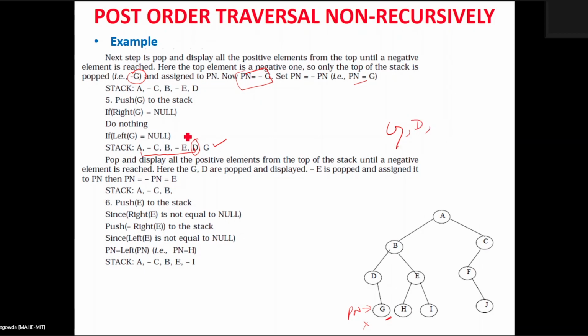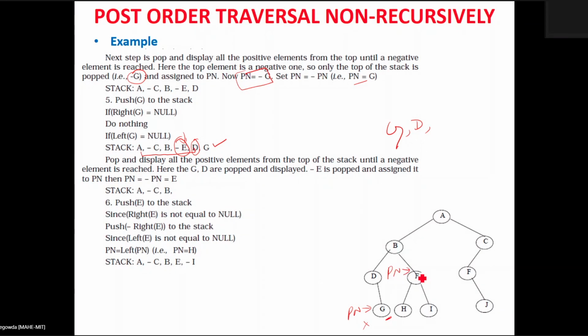When I pop the third time, I am going to get the negative value. When I get the negative value, it is understood that we need to traverse. So what you are doing is you have to assign this negative value to Pn, and remove the negation. After removing the negation, now my Pn is pointing to the node E here.